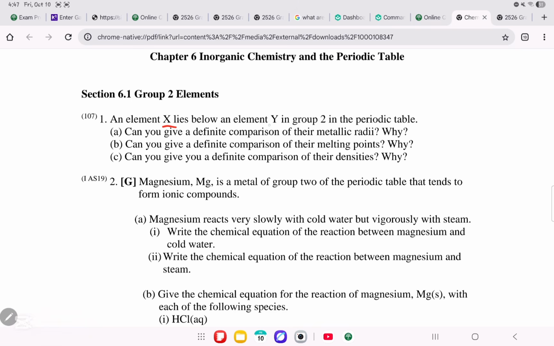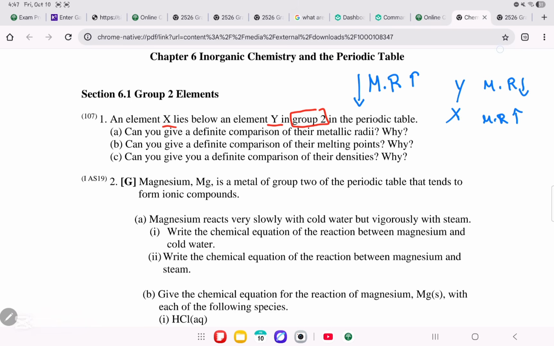An element X lies below an element Y in group 2 in the periodic table, right? So they asked us, can you give a definite comparison of their metallic radii? First of all, we know that they're in the same group and we're going down a group. What you need to know is that as you go down a group, the metallic or atomic radius will increase. So what can we say in part A? We can say the metallic radius of X, because it's below Y, so it's like Y then X, is greater than the metallic radius of Y, because it has more